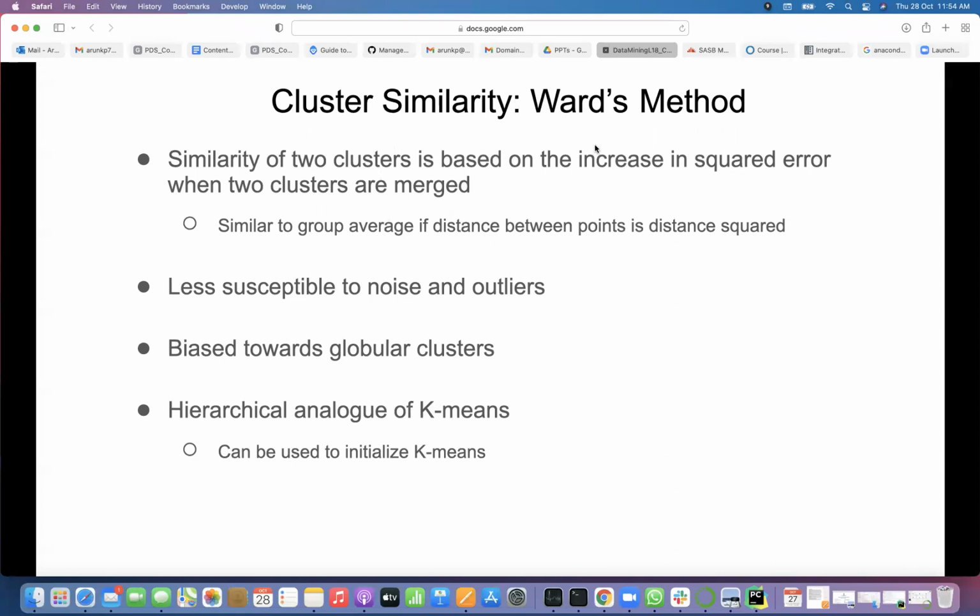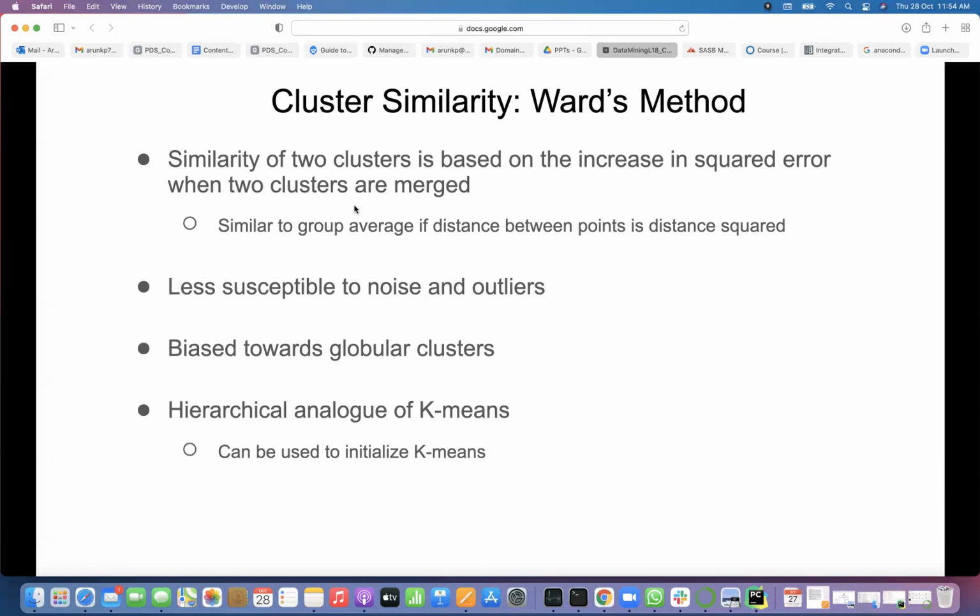Another method is Ward's method. In cluster similarity, the similarity of two clusters is based on the increase in squared error when two clusters are merged. It is similar to group average if the distance between points is distance squared. When you merge the points and find the centroid, you see how far each point is from the centroid and take the squares; that increase in squared error is the similarity of two clusters.